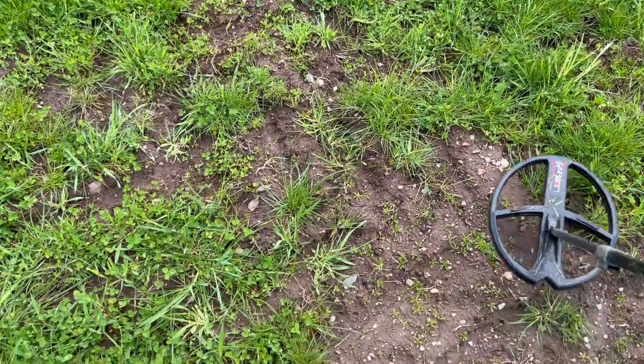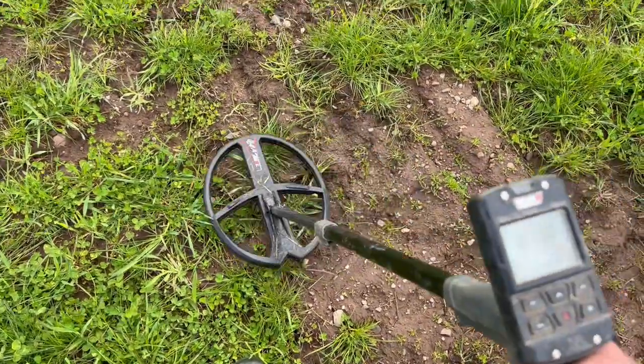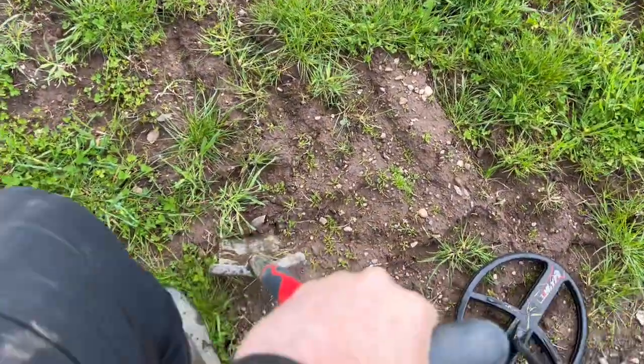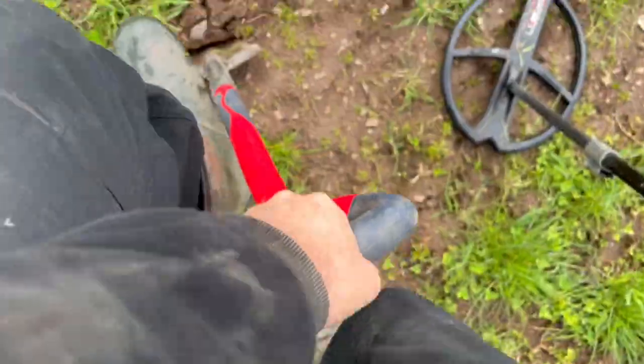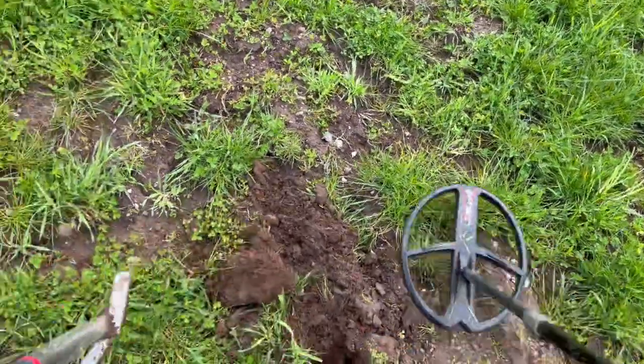Straight in with a target. It's a squeaky little 88, but it's occasionally jumping up to 95. You know me, take the top off. Let's have a look and see if it changes tone. And in we pop. Should have really cut a plug there, but